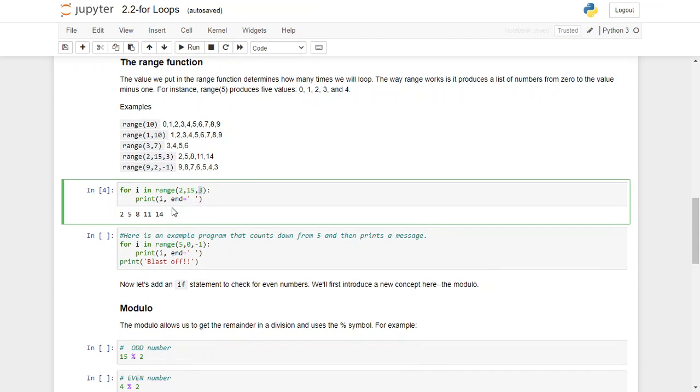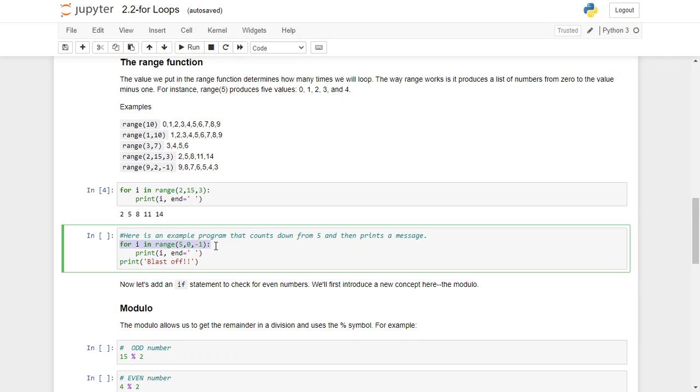So this is it. And here it says the end is not a new line, instead it's just a space. So that's why you are printing all the numbers in one row. And another way you can do the range is the same thing. We can do this